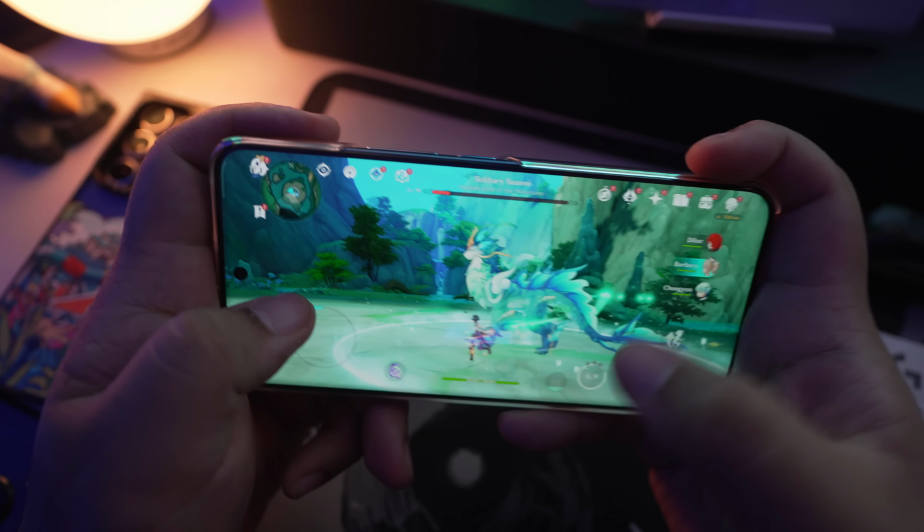Pero for light games like Call of Duty Mobile, wala pong problema dito. Under 45 degrees Celsius palagi yung makukuha yung temperature. So even though this is a camera-centric phone, hindi nyo po pwedeng maliitin yung gaming performance nito dahil nga naka-Snapdragon 8 Gen 3. You know, when it comes to the display, I know a lot of you are gonna be